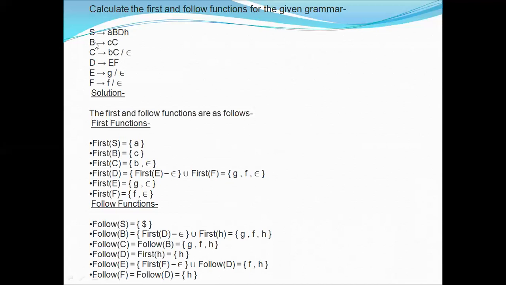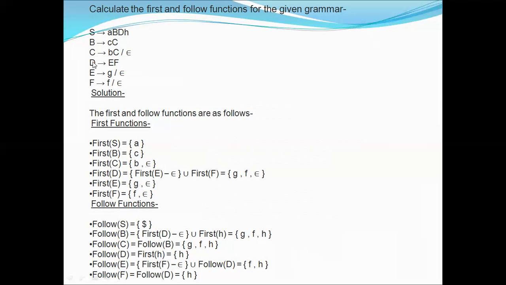Okay. So here S is producing directly. While calculating the first, we need to check that S is present on the right-hand side and that is the left-hand side. Okay, so here only one production. So S is giving only A. Okay, so what is the first of S? A. Completed. And what is the first of B? B is producing C. Nothing more. So B is C. Okay, and what is C producing? C is producing B and epsilon.